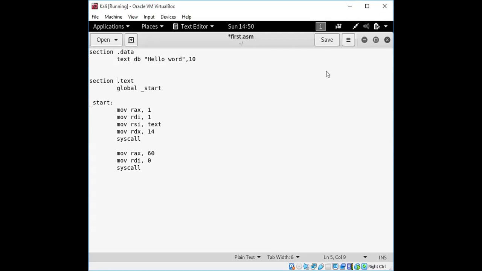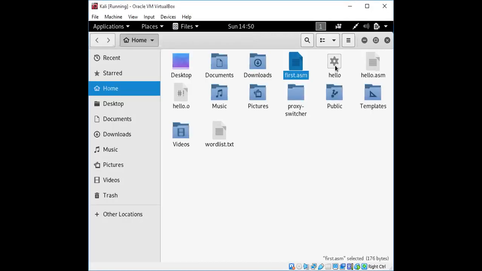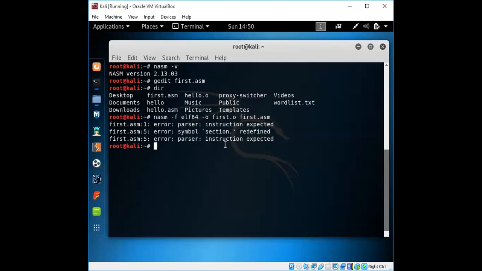Once that has been done, we'll check again. If there is an error, it will be shown with the line number, for example a dot operator that has not been mentioned properly.